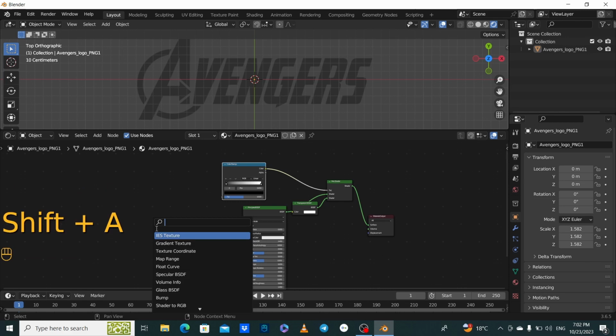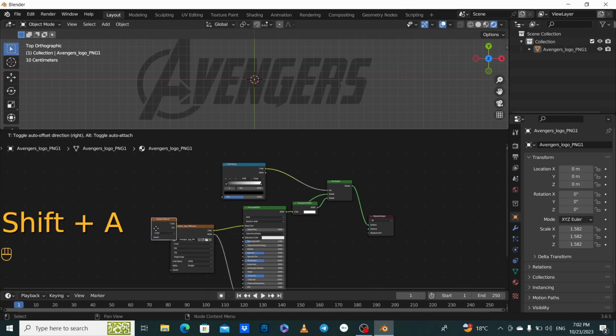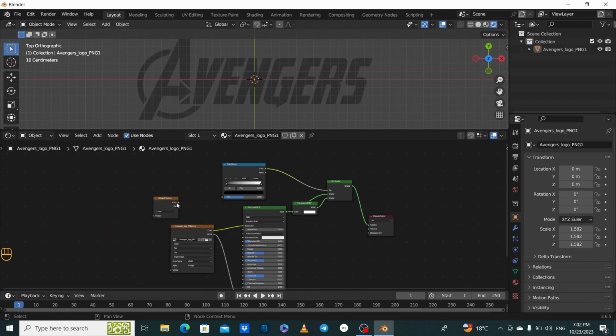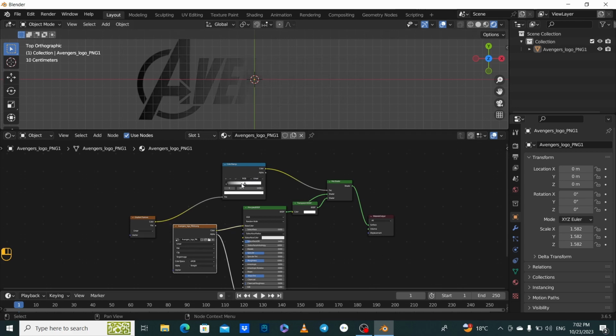Let's get in a gradient texture, and let's plug that in there, and you can see that it's giving us that revealing text effect going on there. So yeah,